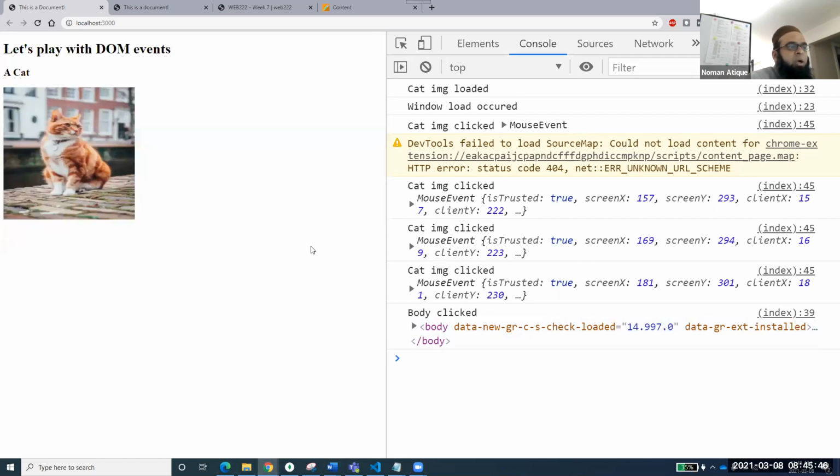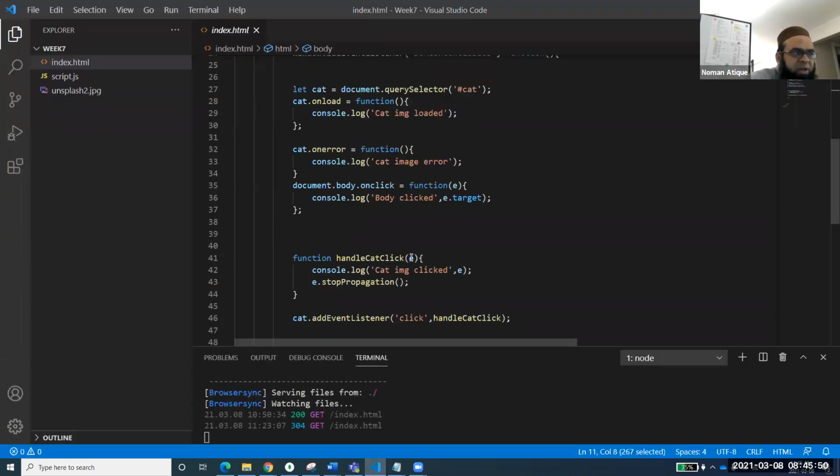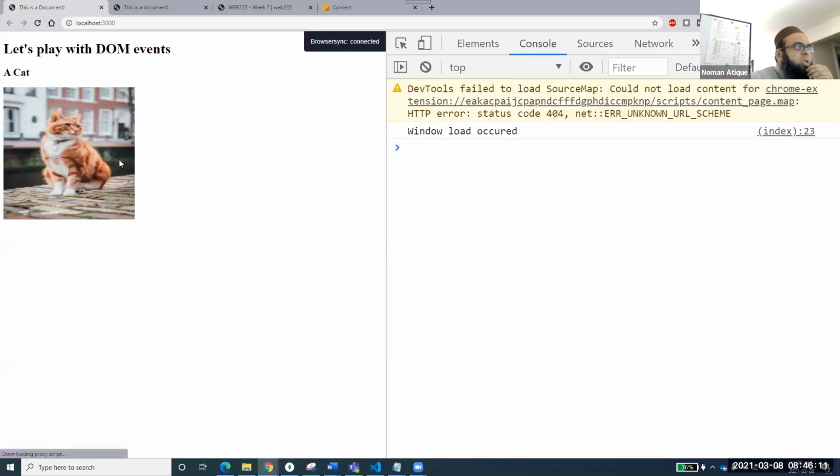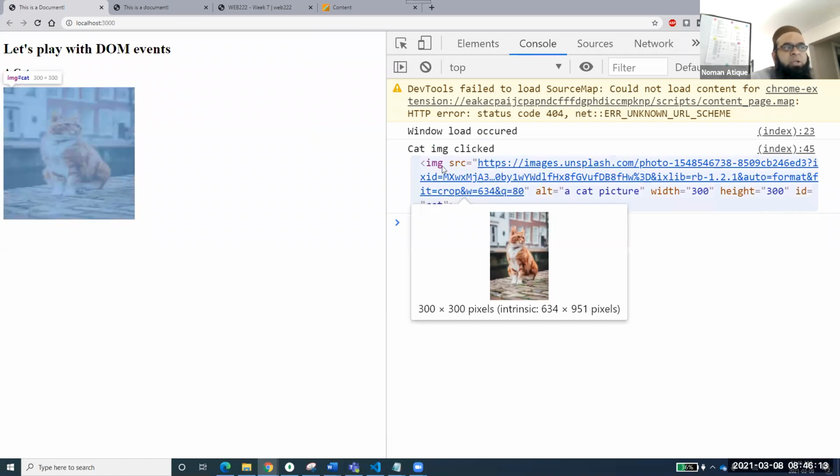So you remember we talked about something called an event. We usually pass that event, and by using that event, we can find out what had been clicked. In the case of body, I am accessing e.target. In the case of that picture, I can do e.target over here as well. I can save that, and then if I run it, you see that if I click on the picture, it is also giving only the target where I have clicked.